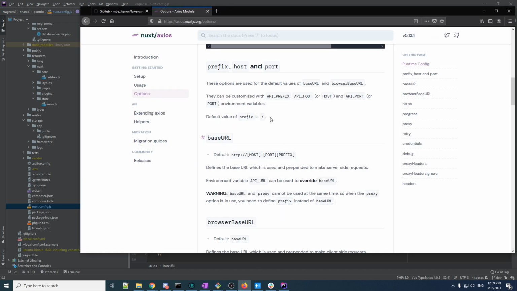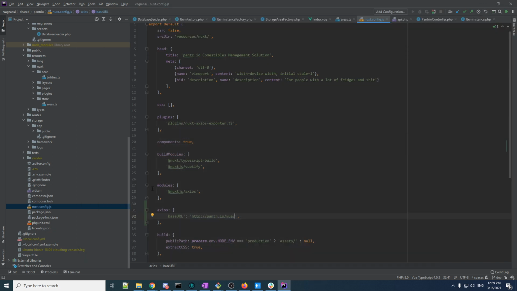Doesn't really. Default value of prefix is slash. Customize with API prefix, port prefix. So I believe we do want the slash in there. We'll not add it automatically. If we're wrong, we'll find out soon enough. So that's sweet. So now with this base URL in here,